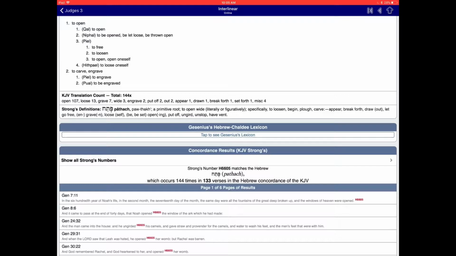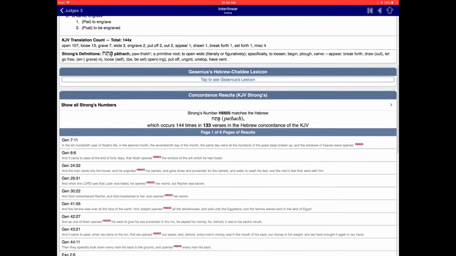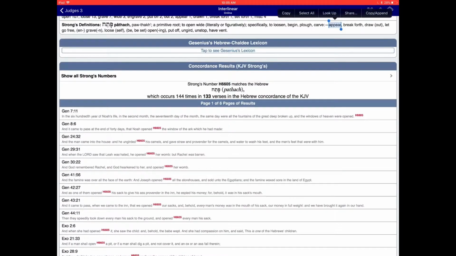And it's interesting. So as we scroll down, we can get to the Strong's definition here at the top of the page. And it says to open wide, and that's literally or figuratively, specifically to loosen, plow, carve, and so on and so forth. And going on are different ways that the word is used, from here down are different ways I believe it's used in the Bible. And it's cool because this word has two different meanings, but what you can do is